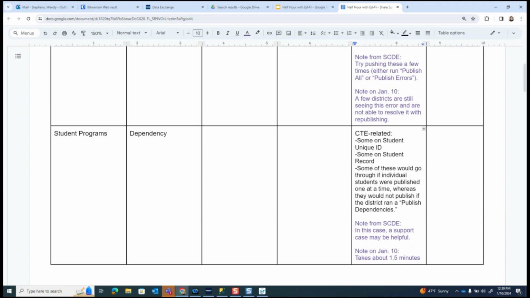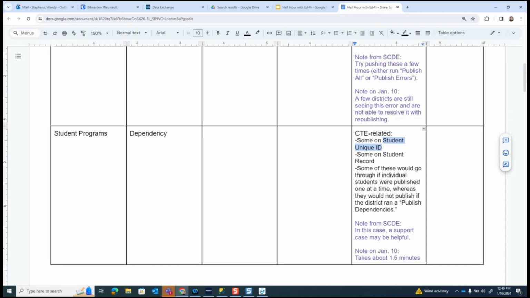Okay, so Missy, I still have 108 dependencies on student unique ID. And Missy, that's also student programs. Yeah, and student unique ID ones, those oftentimes, I know 108 is a lot of students, but okay, CTE. Have you checked those students to see if maybe they came in and you're still waiting on a SUNS number for them? Or is there something special about those students where it might make sense that they don't have a student unique ID? Are all 108? Oh, okay, she says all 108 are CTE on student unique ID.